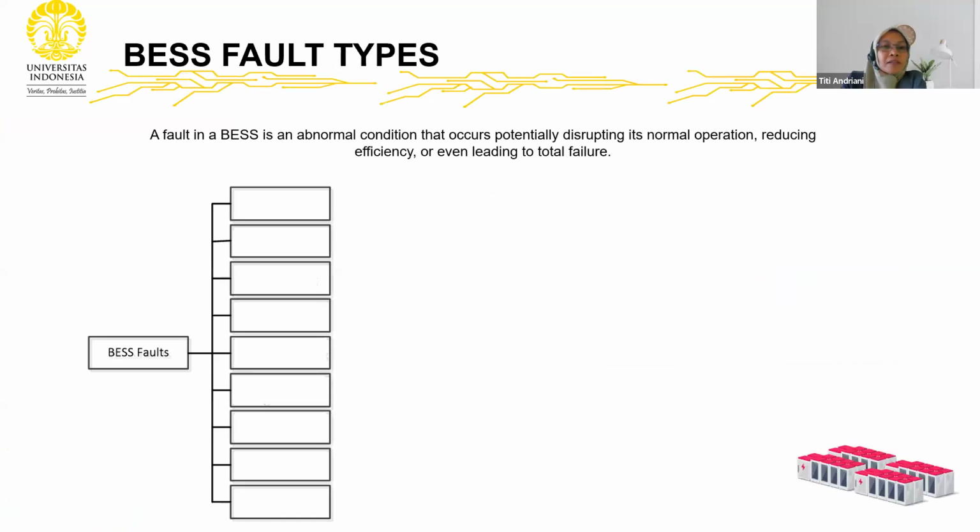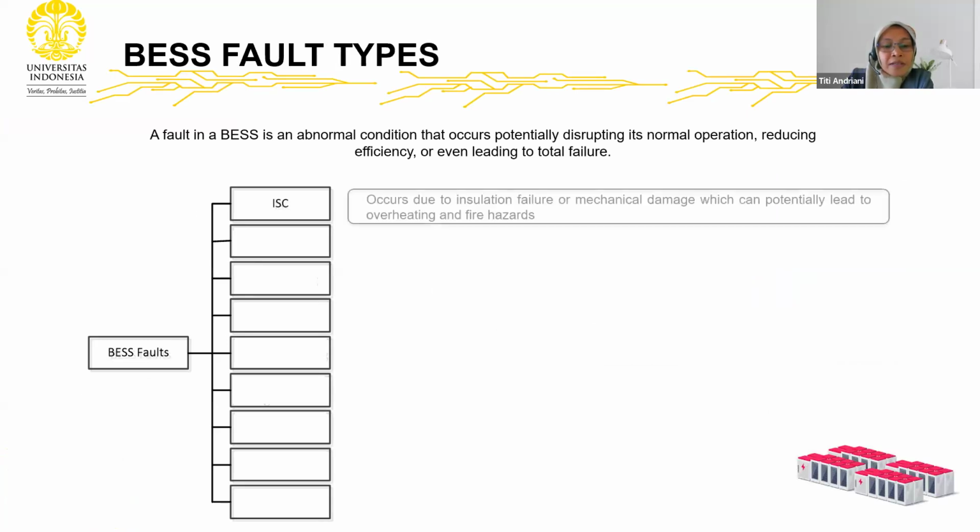A fault in a BESS is an abnormal condition that occurs, potentially disrupting normal operation. In BESS, various types of faults can occur. Each fault can affect system performance and safety differently. For instance, an internal short circuit occurs due to insulation failure or mechanical damage, which can potentially lead to overheating and